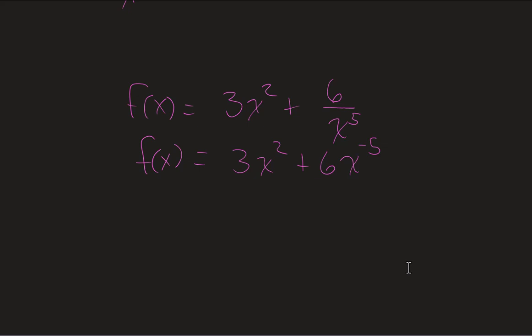So I take that out of the denominator and I write it as something with an exponent. Now that I have it in this format, I use the same rule: I multiply and subtract 1. So f prime of x equals 6x, negative 5 times 6 is minus 30, x, and then when I subtract 1 from negative 5, I get negative 6. So 6x minus 30x to the negative 6. Okay, so now you do this one. We've got g of x